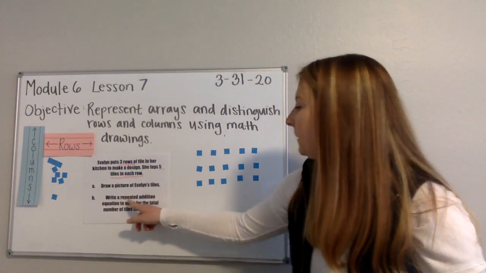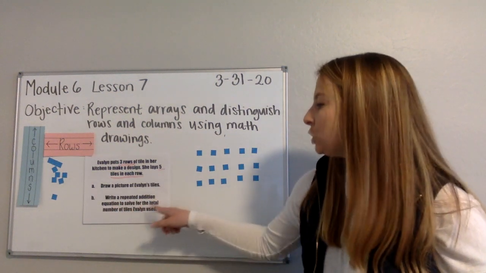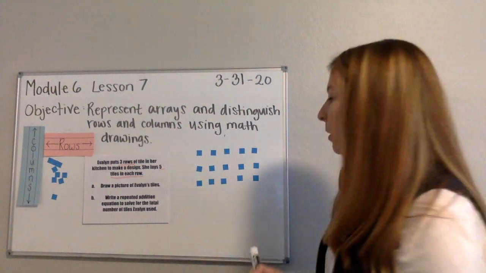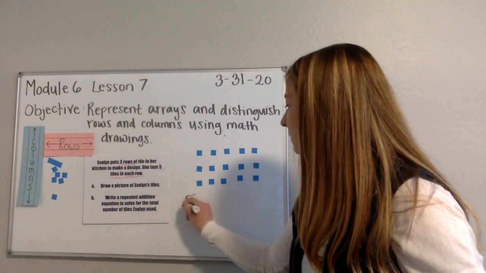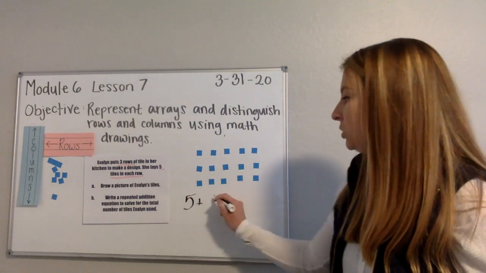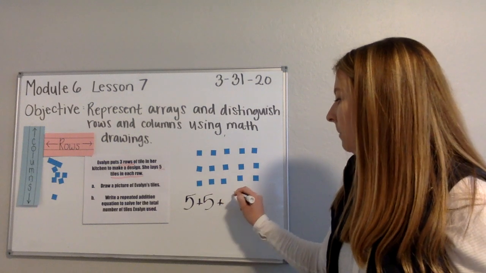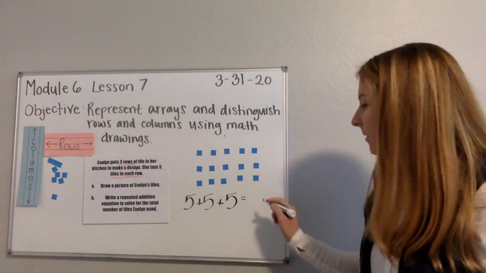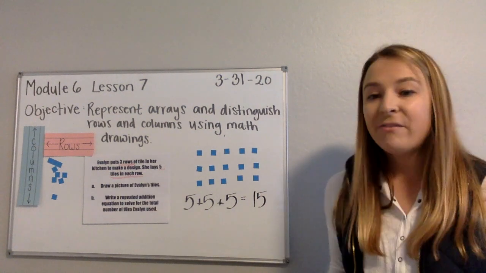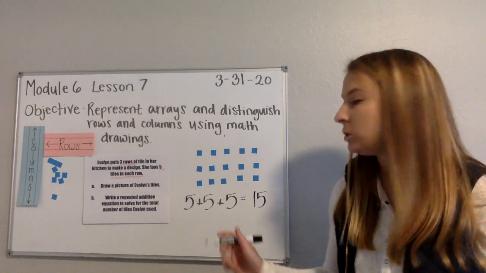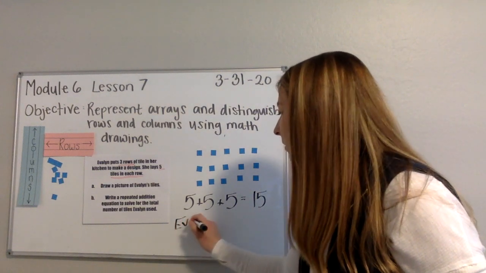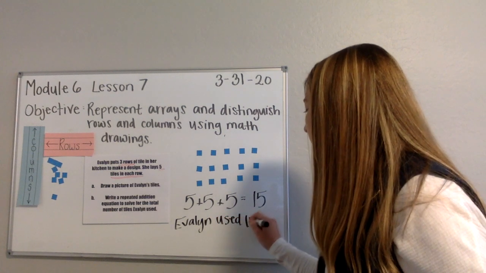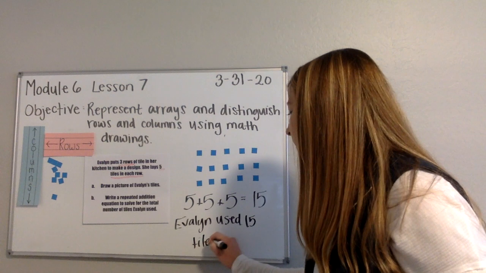Part B says, write a repeated addition equation to solve for the total number of tiles Evalyn used. Looking at Evalyn's first row, she has 5 tiles. Plus the second row, she has 5 tiles. Plus the third row, she has 5 tiles. 5 plus 5 plus 5 makes a total of 15. If I was going to write a sentence to explain this answer, it would be, Evalyn used 15 tiles